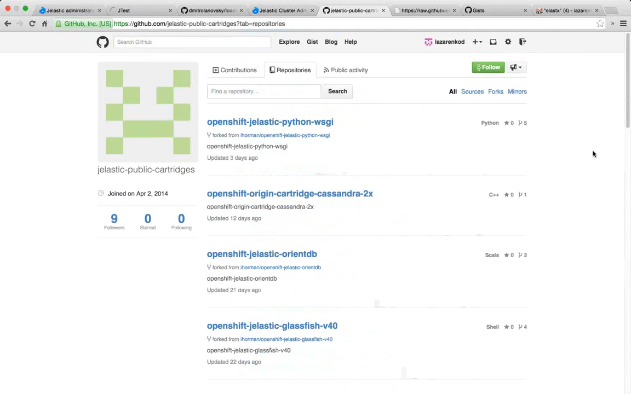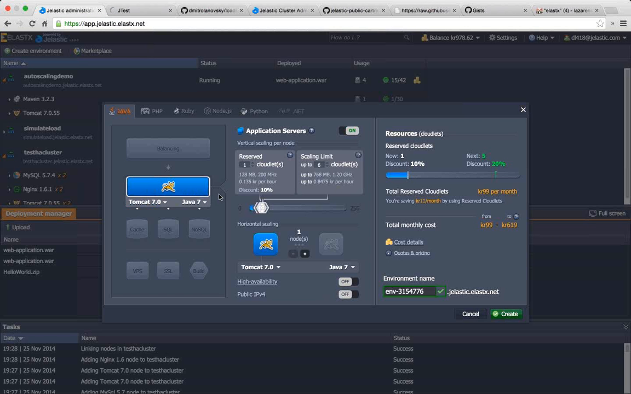Each cartridge, each middleware, is placed into a Git repository. So we have our official GitHub repository, and you can easily add your own middlewares within several days or maybe less, and add them to Jelastic after packaging within several minutes. So let me show how it works. We will add Tomcat